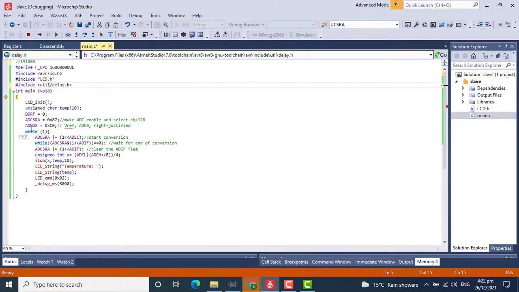The ADMUX is a multiplexer built into the analog to digital conversion system that selects the port or the pin that we are going to use. Here I'm going to use analog to digital conversion pin 1, and in the code this ADCSRA line is a register that starts the actual conversion and takes the reading from the pin and converts it. After the conversion ends, the ADIF flag is cleared, which means that the conversion from an analog to a digital value has ended, and the result is then stored into an